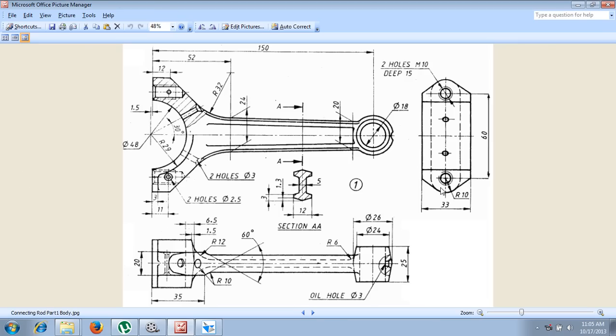After the center it is measured as R10, that is radius 10 on both sides. Then the distance between these two lines will become 80 millimeter. Then the thickness of this portion, whatever sketch we are going to do, is only 20 millimeter, which you can see in the top view. Now you can see the horizontal line is at a distance of 12 millimeter, and we have an inclined line. We don't know the length of the line and angle, but it is going to connect tangentially to this arc, and also to this line.